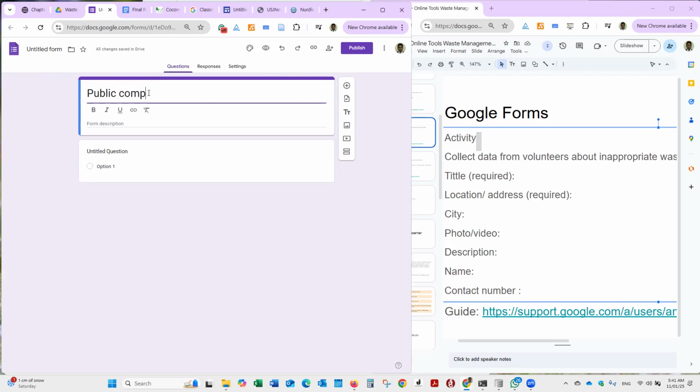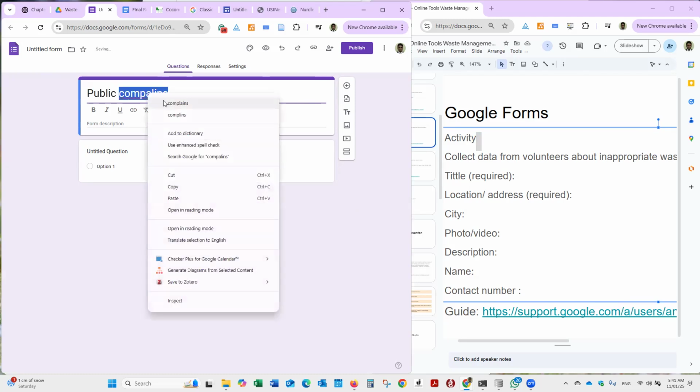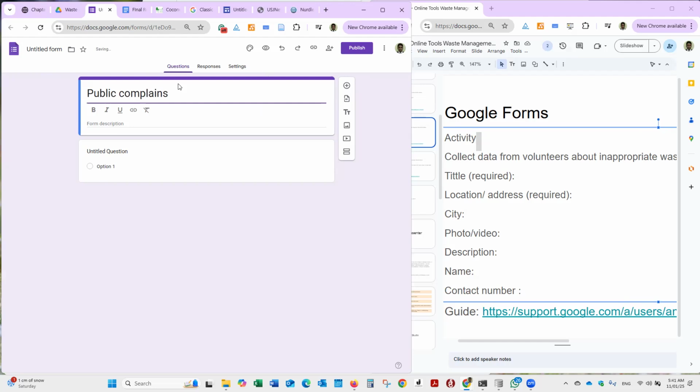Public complaint of Colombo municipality. Okay? Colombo municipality. You can type any description. For example, if you find any environmental pollution in Colombo municipality, you don't need to type all the detail, right? Please share